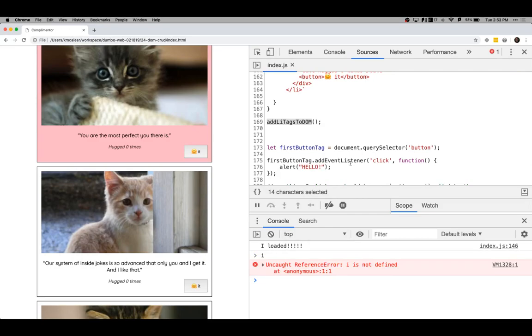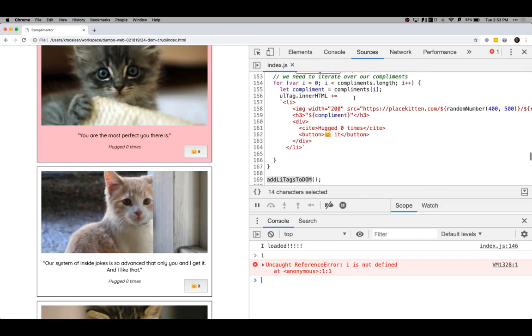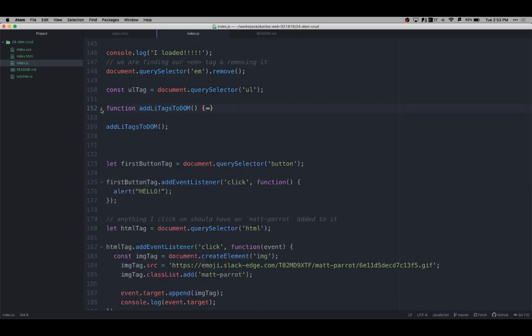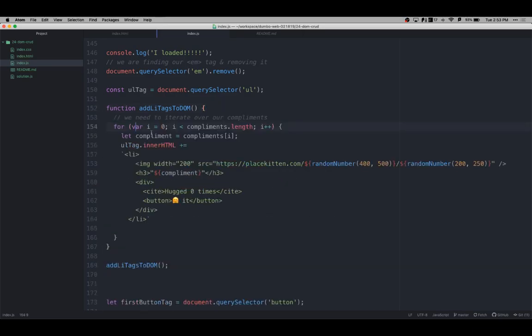So there's two scopes for var. One is everything has access to it. The other one is only the function has access to it. Confusing. I'm going to say it again. I is defined inside of this function, right? Here's this function. I is right here. Outside of that function,